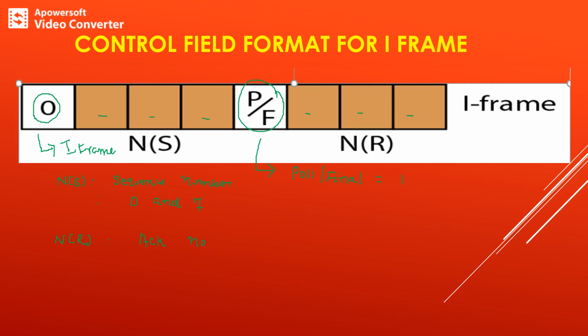We'll see what happens in each case. In short, P/F has meaning only when its value is set to 1. So poll means